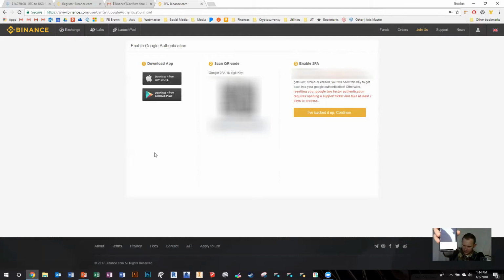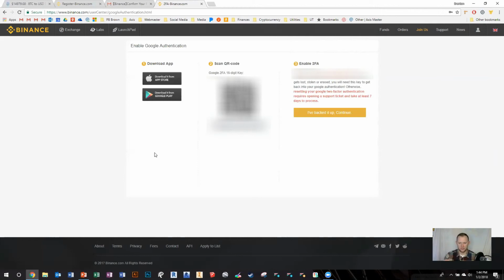I don't know if you can see this very well. At the bottom it says scan barcode or enter a private key. On this website we can scan the barcode. So it gives you a little scanner, and we're just going to scan on the screen, and it sets up a Binance account. So now I can see Binance, and it shows my email address at the bottom, and now I